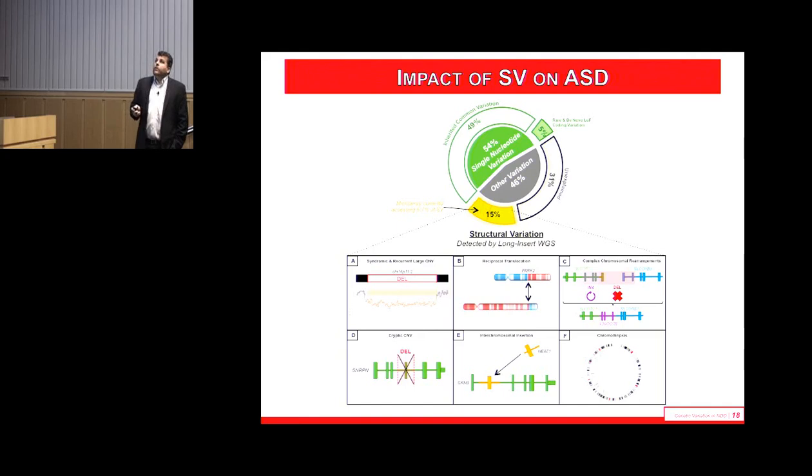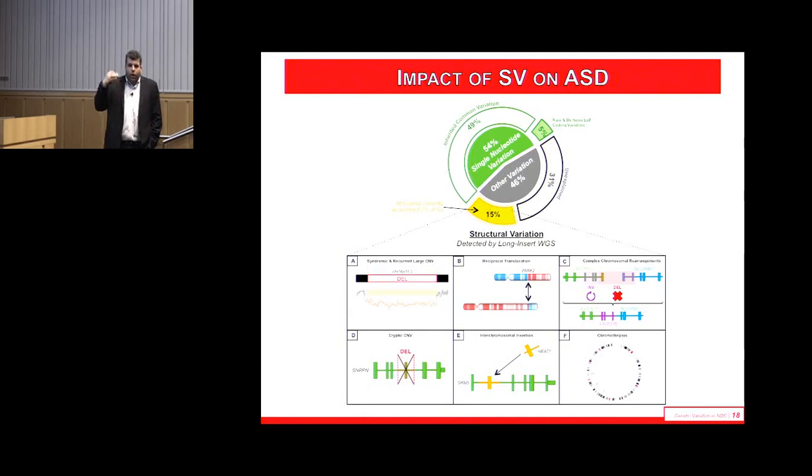In the Simons collection, and again, these are sporadic, they tend to be less severely affected than some other populations, particularly populations that go into clinical diagnostic laboratories that might have a higher burden of intellectual disability. The arrays actually picked up about 6.7%, so we think this is almost doubling the yield of the arrays by simply looking at small variants that are below array resolution or these kind of complex rearrangements. So we think this was sort of a useful strategy.